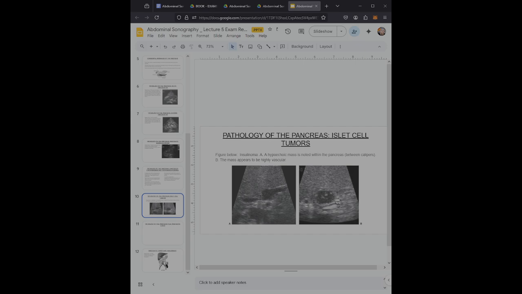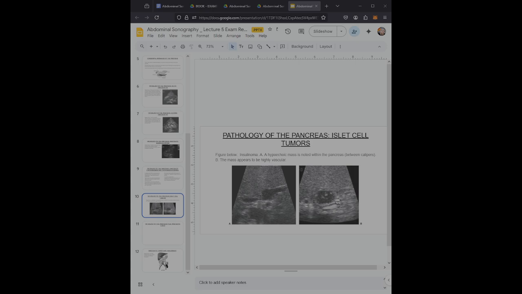They can also be islet cell tumors, and these are endocrine tumors found within the islets of Langerhans, and there are two types, gastrinomas and insulinomas. They're slow growing and can be either functional or non-functional. Among the two, insulinomas are more common, and they're usually solitary, while gastrinomas are often multiple. The functional gastrinomas can produce Zollinger-Ellison syndrome. This is the excessive secretion of acid by the stomach, leading to peptic ulcers, while functional insulinomas can cause hypoglycemia,